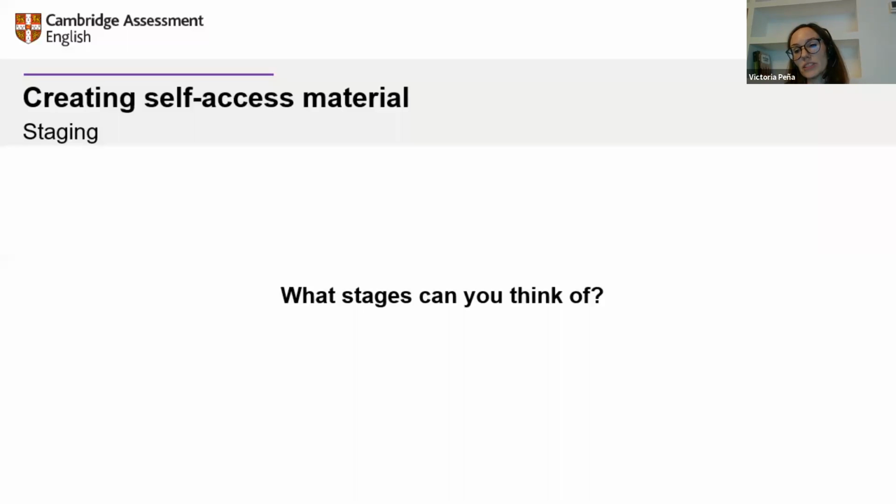There was another question in the chat box about the type of interaction that we can allow for when using self-access material. So if we are using self-access material in class and we think that maybe students need a bit more support, maybe they can work in pairs. What do you think? It depends on your context as well, but if you're doing things online, perhaps they could go off and work together in groups online. I think again it depends very much on the focus of the activity.